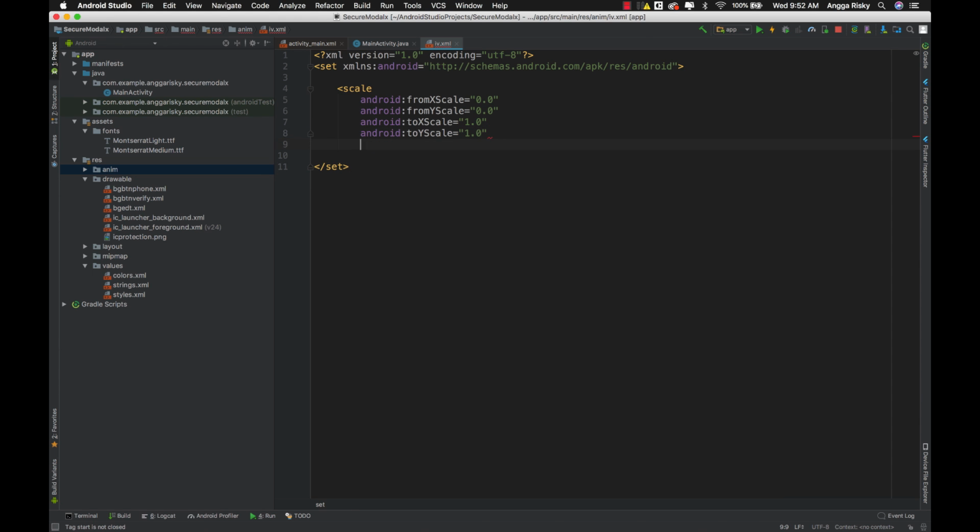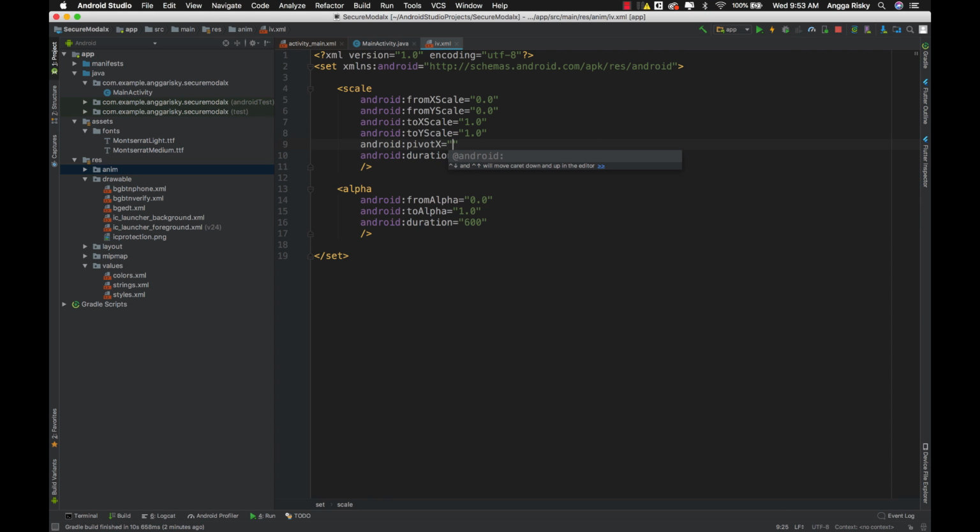Okay, and then give the duration about 300. Okay, and then alpha from 0.0 to alpha 1.0, and again give the duration about 600. Okay, and don't forget to give the pivot to make it to the center.